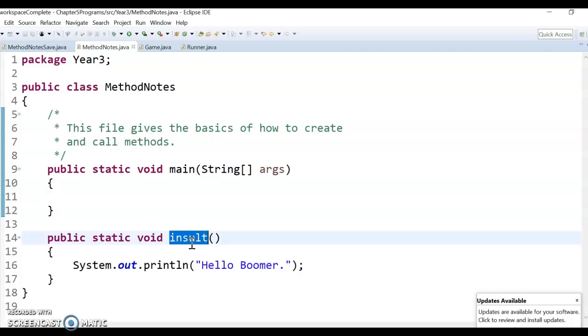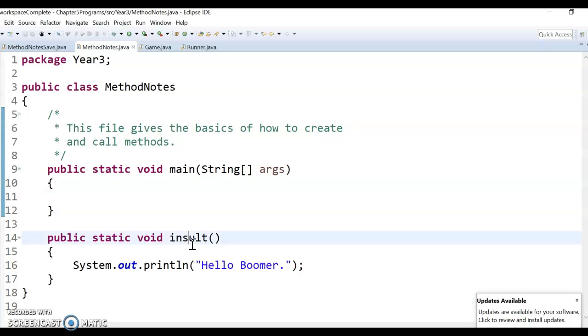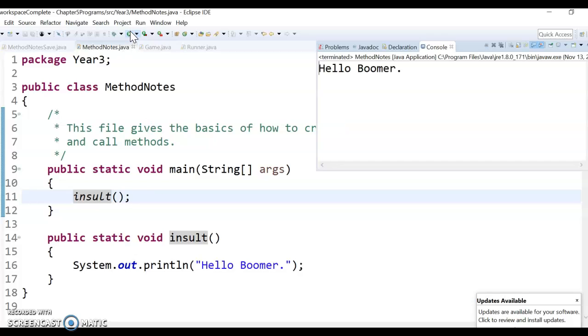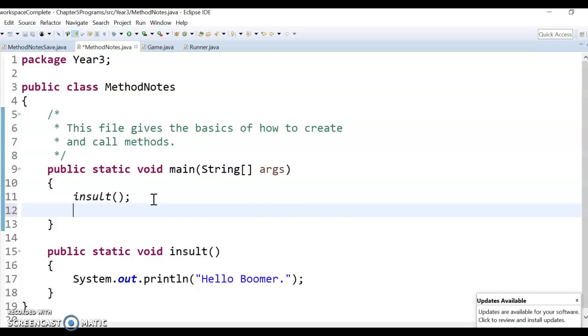Okay, so if I want to make this code down here run, I'm going to call the name of the method, which I called insult. You can name your methods just like your variables, name them whatever you want. So I'm going to do insult. And then once I call that, when I run my code, it will jump down and run that line of code. And so the idea is anytime I want to do an insult,